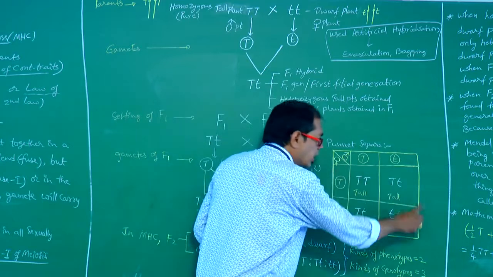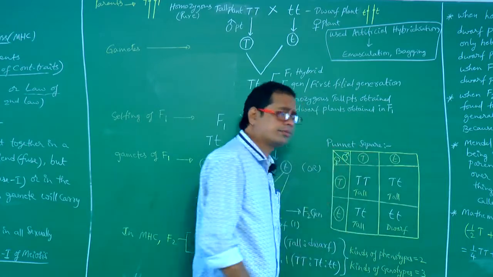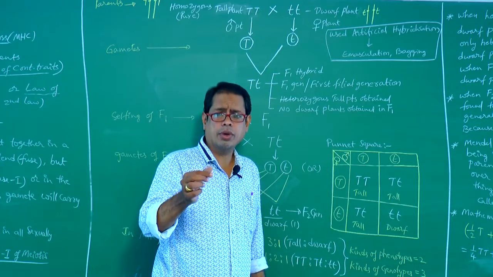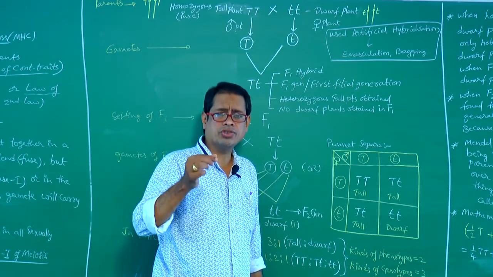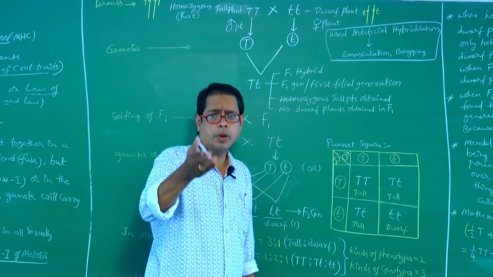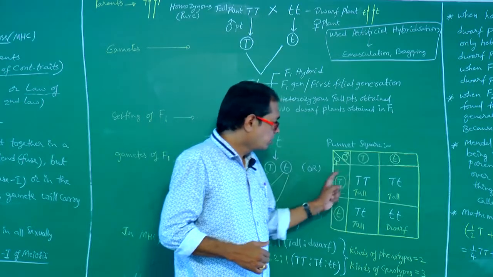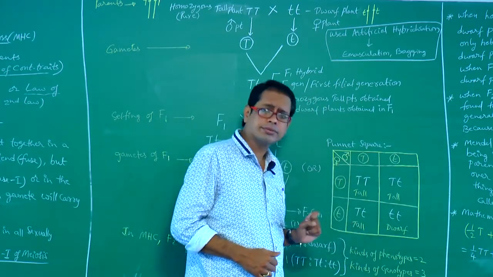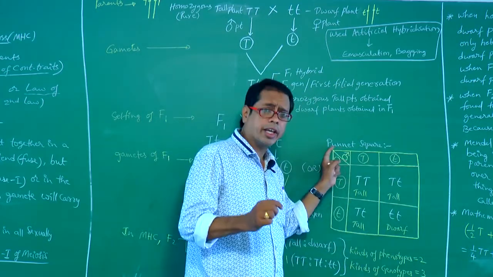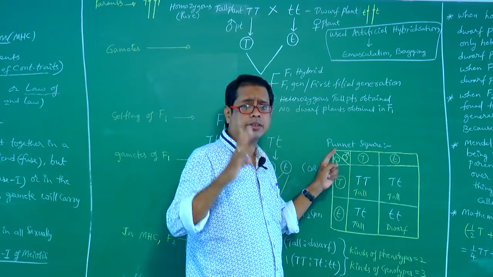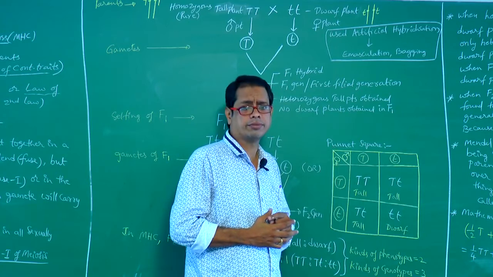This method is so called Punnett square, also called checkerboard. Checkerboard means the board that is useful for checking what type of progeny are obtained. Right. What does it indicate? This checkerboard or Punnett square was proposed by the scientist called Punnett.